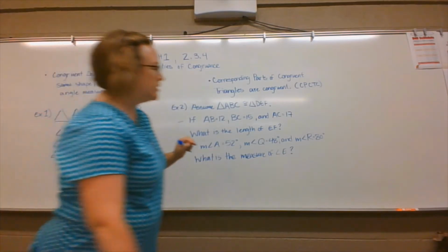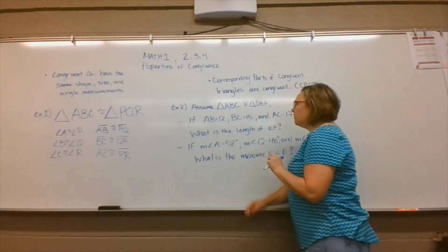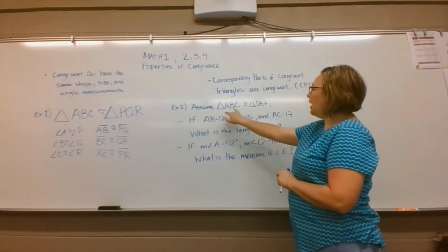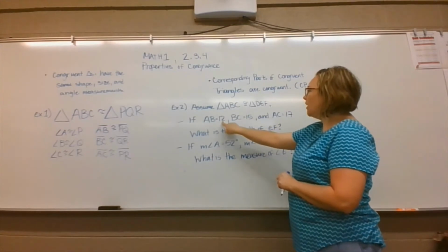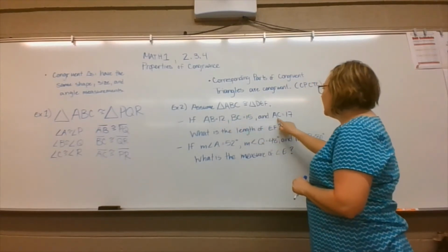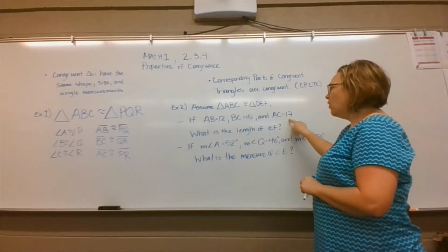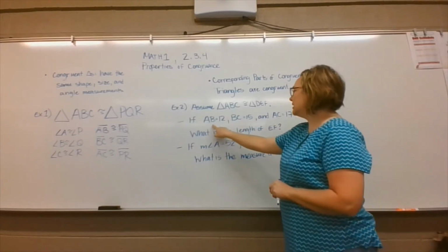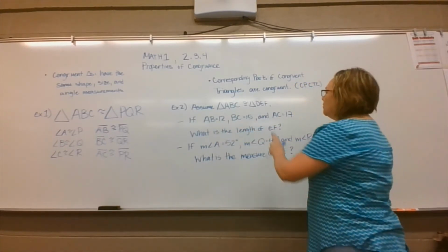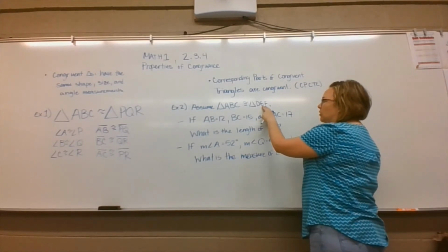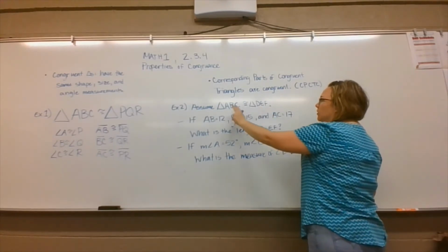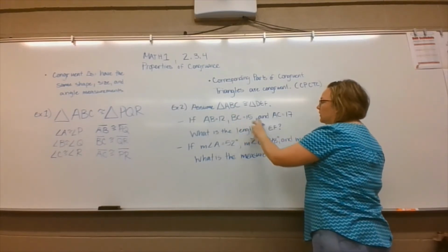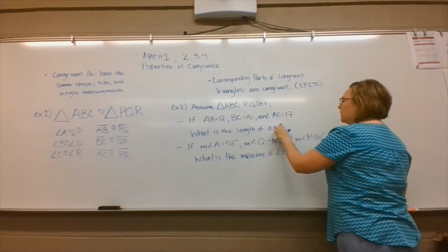Okay, so let's look at some other examples. Let's say that we are given that triangle ABC is congruent to triangle DEF. And we're told that the side AB measures 12, BC measures 15, and AC measures 17. What is the length of EF? So we're going to find which of these three sides matches to side EF. Notice that EF is the last two vertices of our triangle. So we need the last two of this one, which would be BC. And BC measures 15, so the measurement of EF